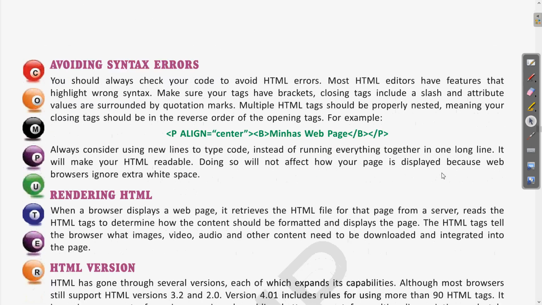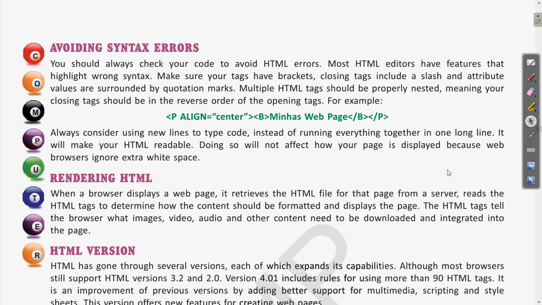how we can avoid the syntax error. For avoiding the syntax error, it is always advised that whatever code we are writing should be written properly. The brackets and the quotation marks should be written properly, and there should be proper nesting. By proper nesting we mean that the container tags should be properly closed with the closing tags.